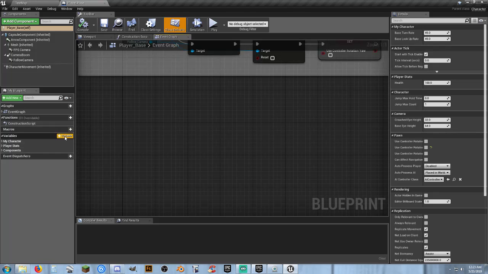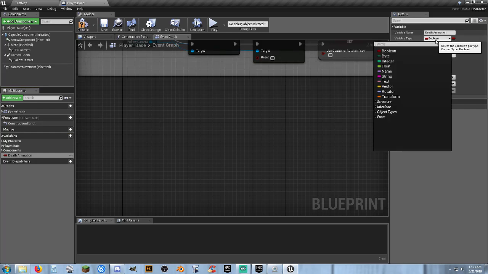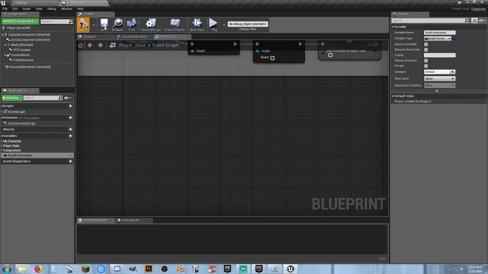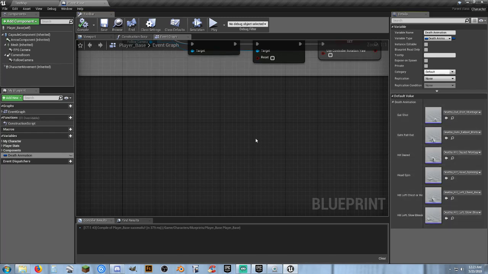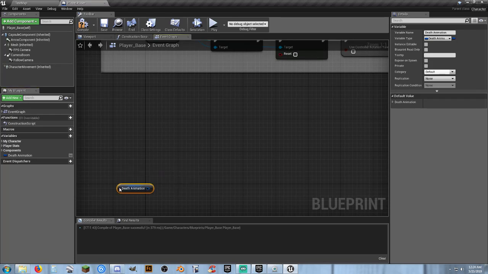So I'm going to add a variable, and we're going to call this death animation, and we're going to go over here to variable type, and we're just going to type death, and it comes up right here, death anims. Poof. Compile and save. I know it's compiled, but I like saying compost better. So now it's there. You can actually open up this and see all the ones we have to choose from in this variable, but you can also drag it in here and get, and from that get,